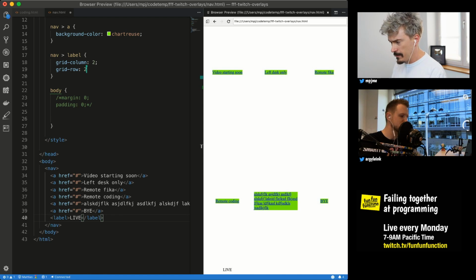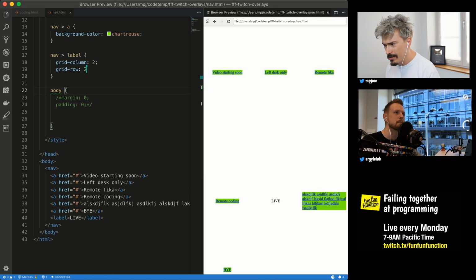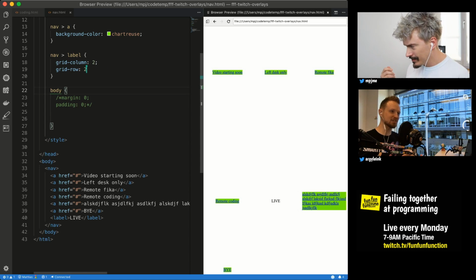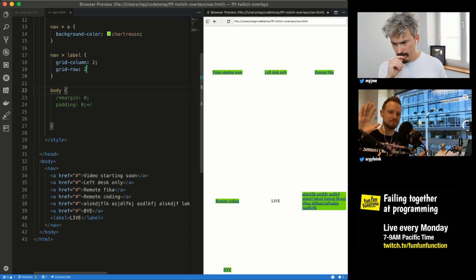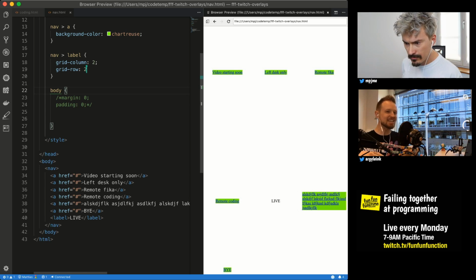So if we save that, does that refresh and put the live indicator? Yeah, live is now its own item, but I was hoping it would be specifically over. Okay, so this is part of the war that happens. This is another good moment here: as soon as you start to be specific about where things go in Grid, you start to go down this path that